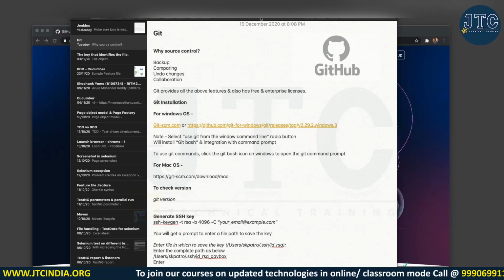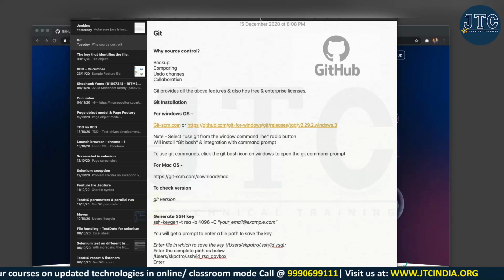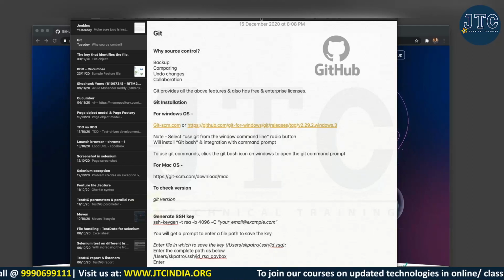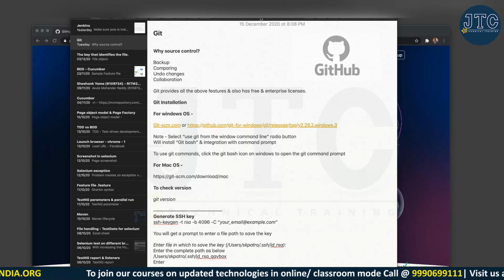Let's say there is one file, xyz.java, and I'm working on that, and then some other person, any one of you, also wants to change something in that file. Now how do you do that? You will ask me, hey Sunil, can you give me that file?